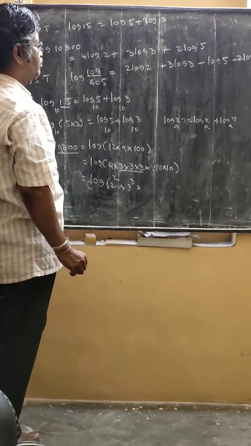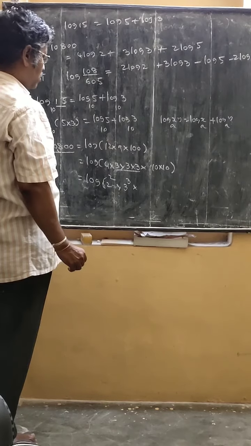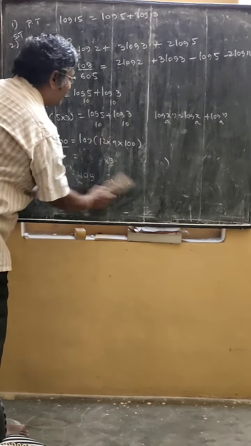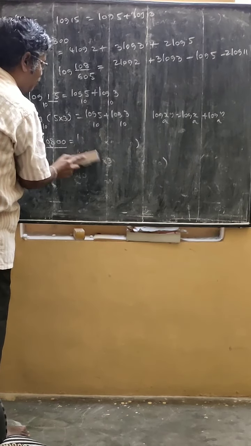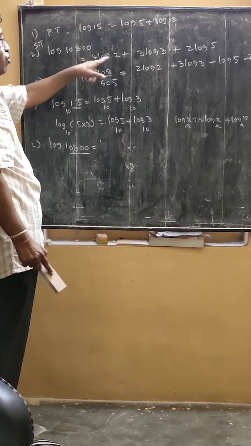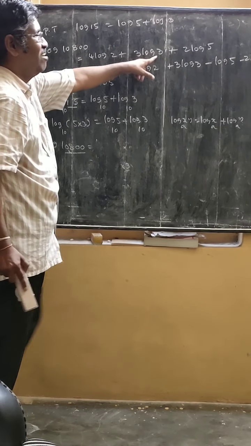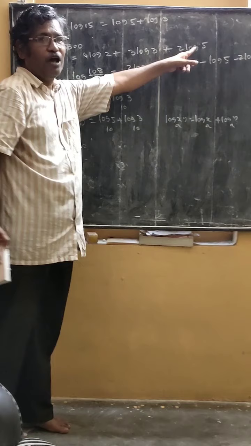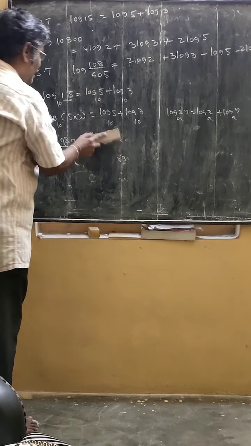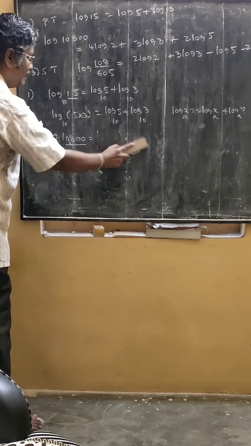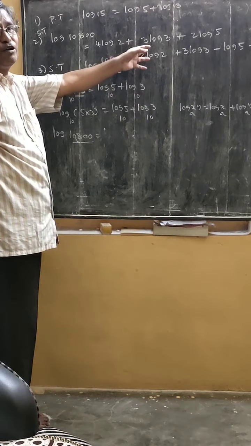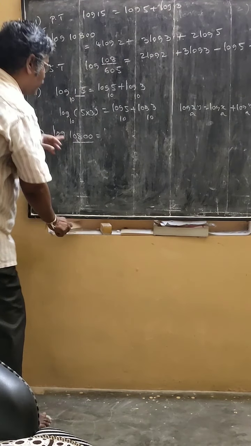It is better to split 12, 9 and 100 into parts, log 12 plus log 9 plus log 100. You have to see the problem. Log 10800 is given by 4 log 2, 3 log 3 and 2 log 5, we got. Once again, you can do it another way also, but this answer will not come. So how can you do this one?